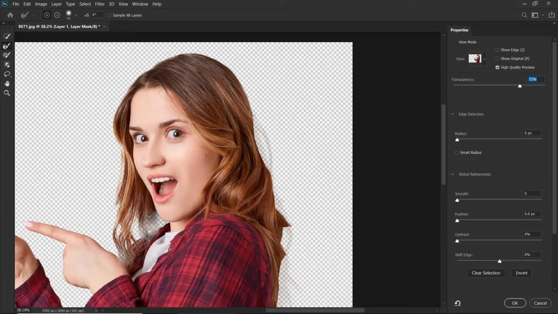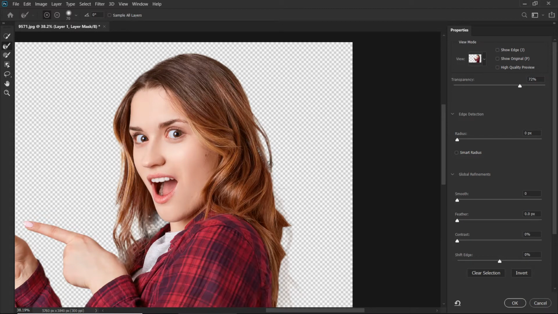Now we need the hairs from this side also, so simply paint. Oops. Don't paint on the hairs which are already available, so just press Ctrl Z, and we need to add these hairs only. So simply paint it again if you are not satisfied with your result.